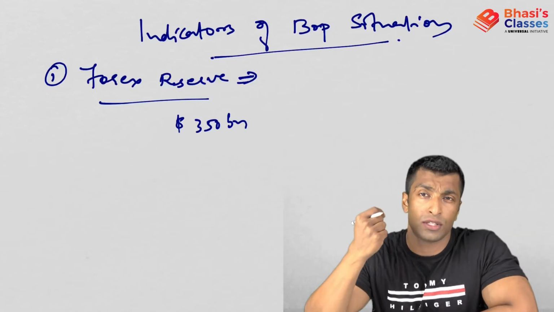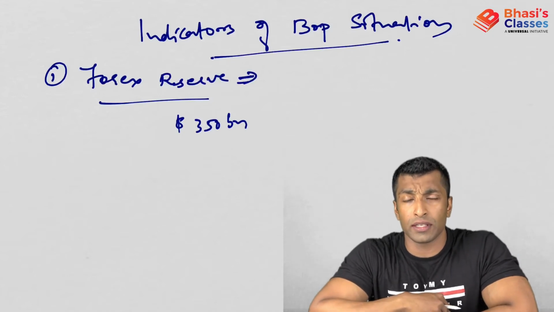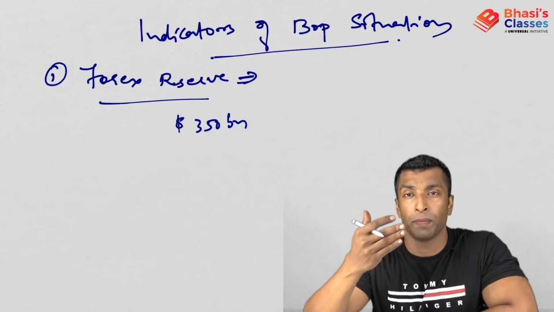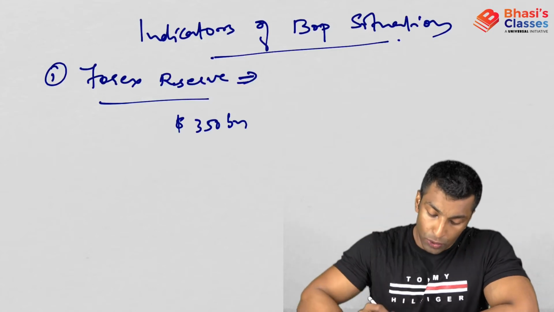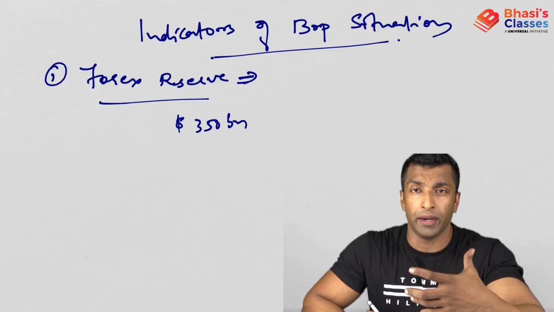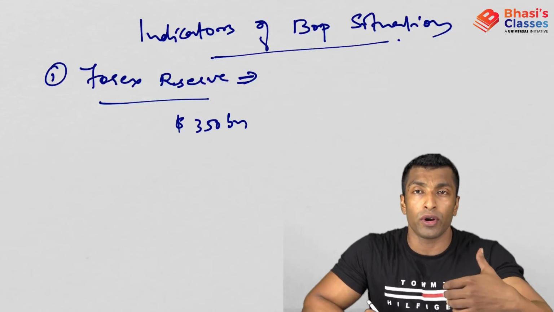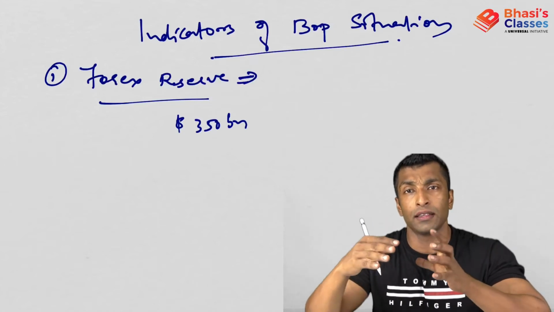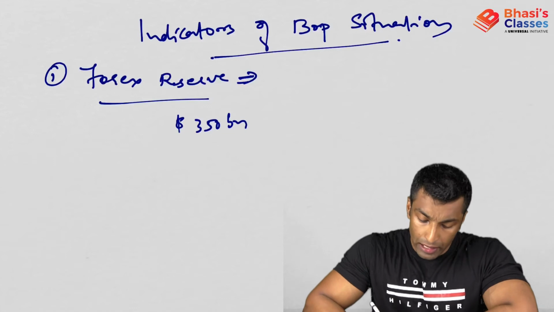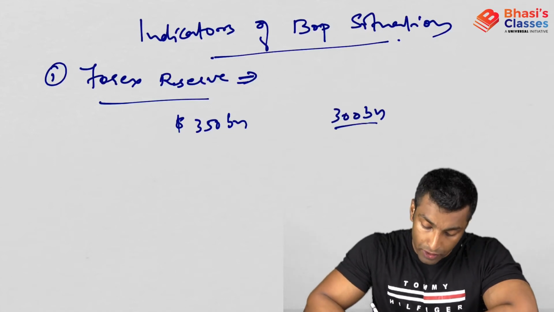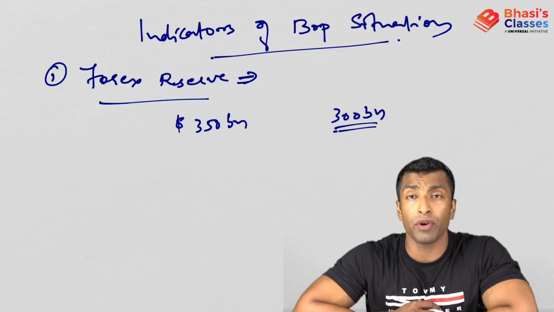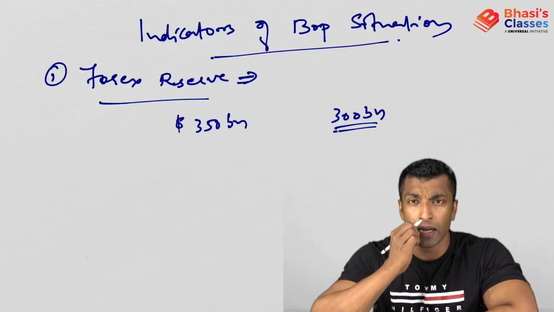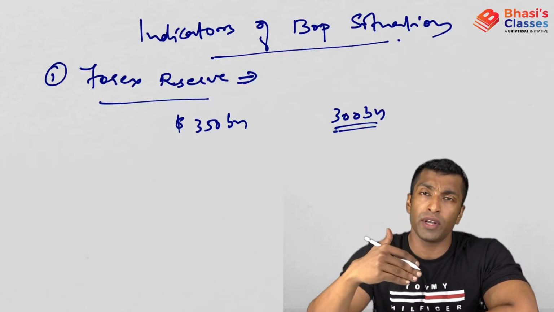What I want to tell you is there is no concrete rule for this. Adequacy of forex is relative, and it depends on the country, the size of the country, and how much you need to pay to the rest of the world. Most of the payment is through trade. So the more the import, the more forex is required, because most of your forex outflow is for paying the trade bill. If you take India, 300 billion may be required because we have a huge economy and huge imports, so we may need this much. But if you take Nepal,